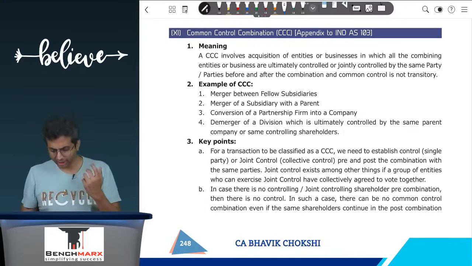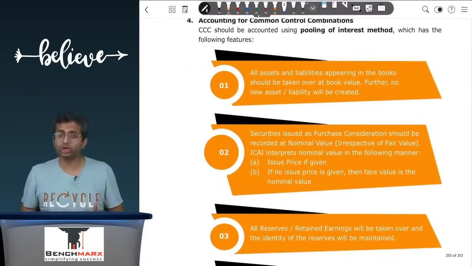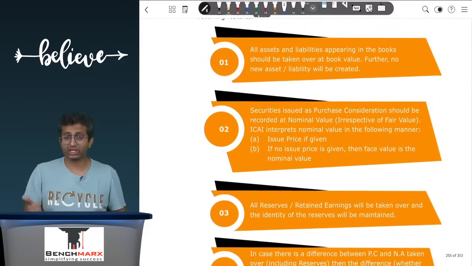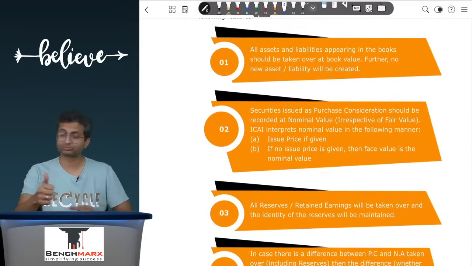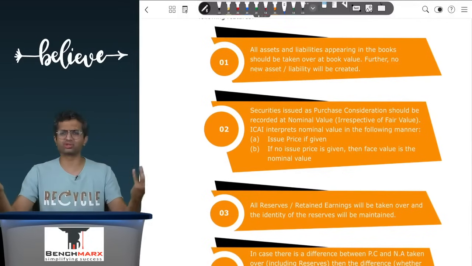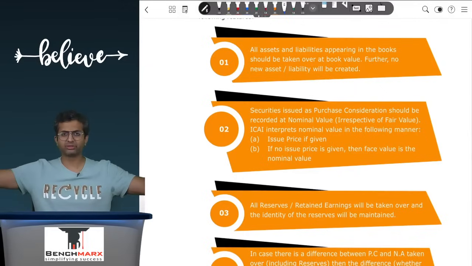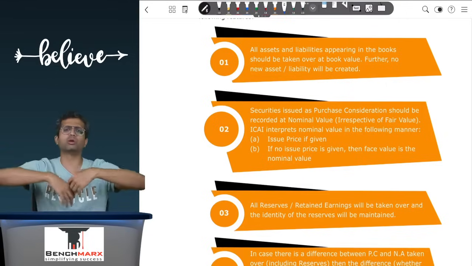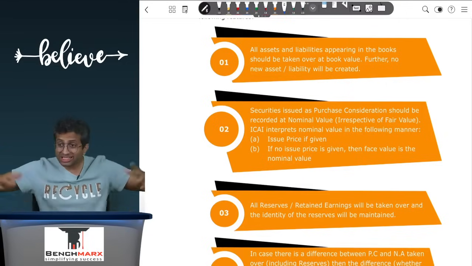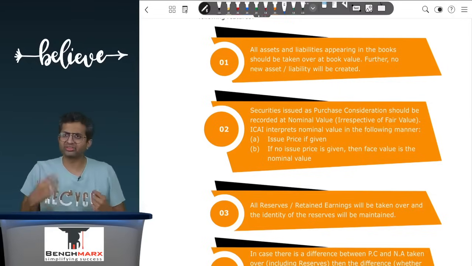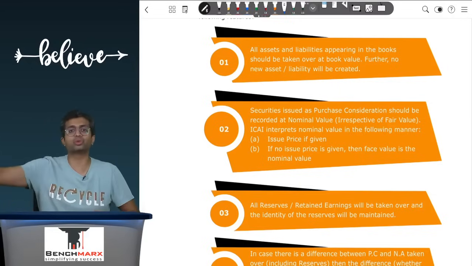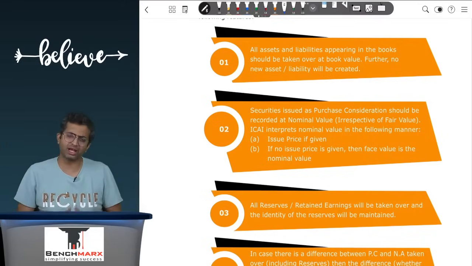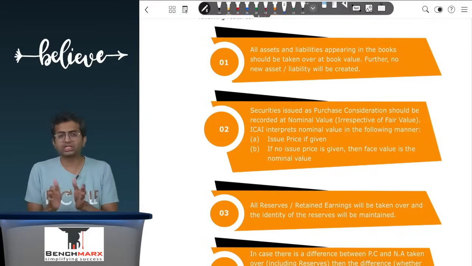Now, the accounting over here is done as per the pooling of interest method. A few important features of the pooling of interest method: all assets and all liabilities are taken over at book values, not at fair values. It is more like a restructuring, like you have 2 different flats on the same floor. Earlier there was a wall in the middle, now you are breaking the wall and making it a bigger flat. So this is your pooling, combining, joining of interest, and it is not strictly speaking acquisition of a second flat. It is just pooling or joining 2 separate flats which you earlier had, and hence you will take them over at book values.